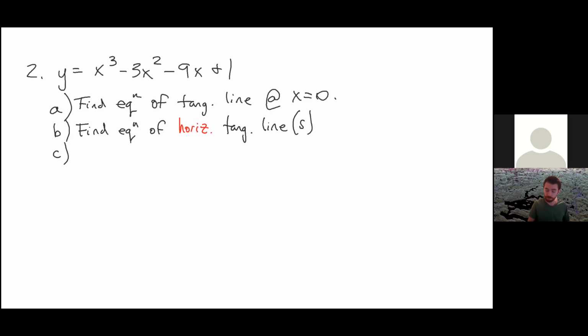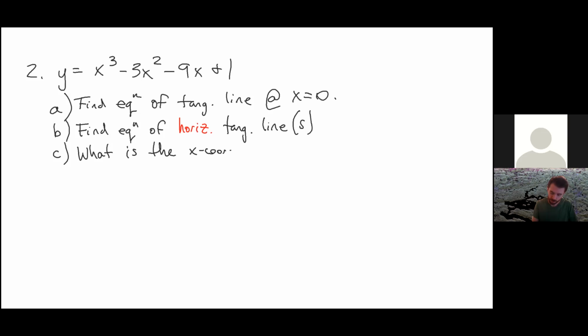Maybe lines. And for this, I'm not going to tell you what the x value is. You'll have to figure it out yourself. And then for part C, I want to ask, like, what is the x coordinate